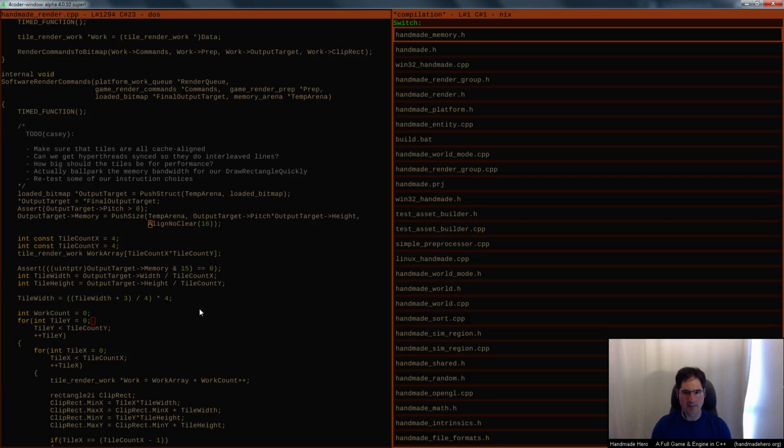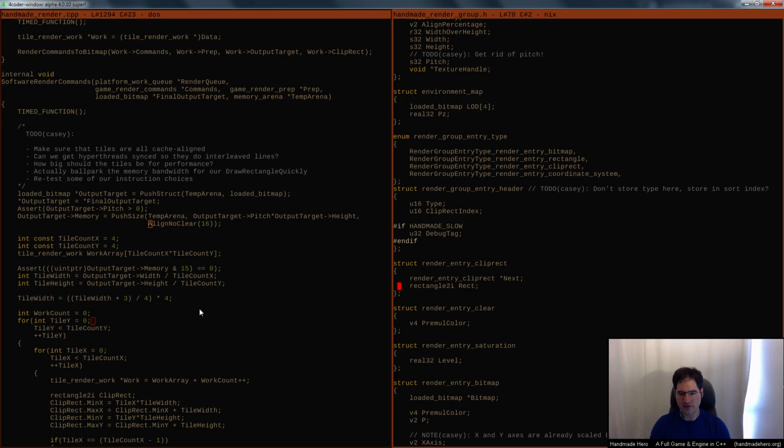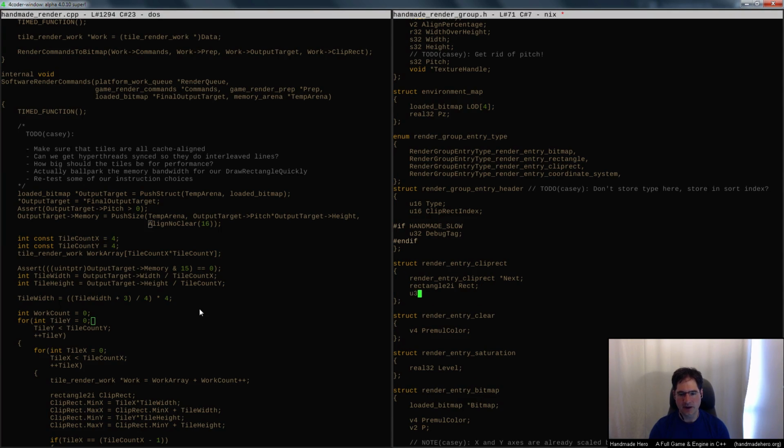So let's start by going into the render group code. And inside the render group code, I want to do exactly what I was doing with the clip rect index stuff before. Instead of just specifying a rectangle 2i, I want to specify a render target as well. So in here, I'm going to have like a target index, something like that, right? And that target index would allow me to say that I have more than one render target or who knows what, right? And again, I'm not going to implement a really particularly robust system for this. I'm just going to do a very basic one.